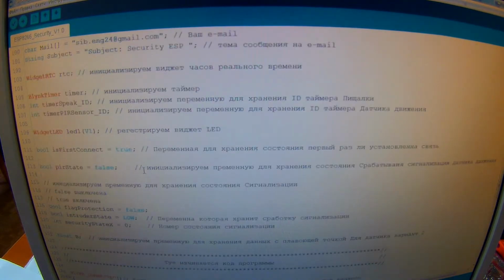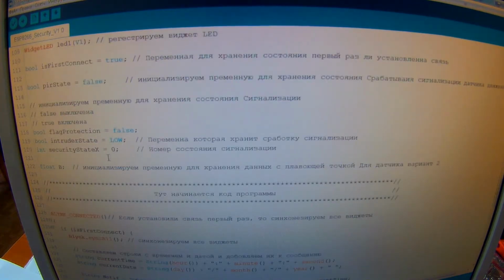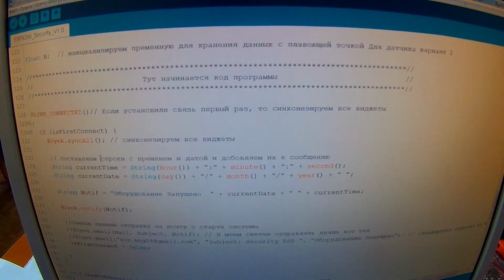But let it be. Variable for the storage of the state: was the connection set for the first time. Initialize variable for the storage, and so on. Everything here is written in detail. I guess it's time to go to the code itself. If the connection was set for the first time, Blynk connect, then synchronize all widgets. So if there was no connection yet, and you push the button to activate your alarm system, then when ESP will set the connection